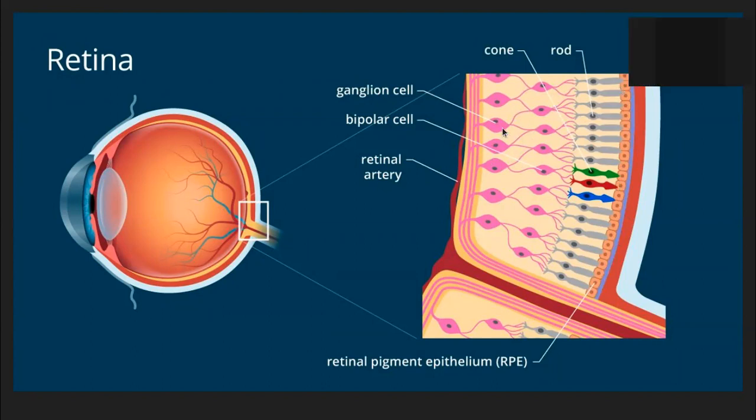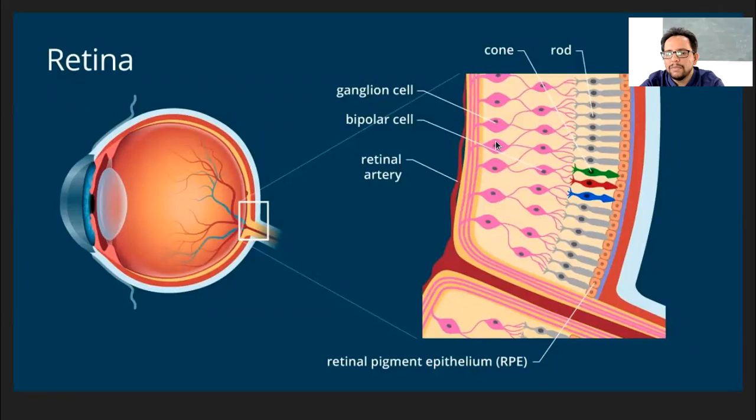So ganglion is that cluster of the cell bodies of all the neurons. That is where the nucleus of a neuron or nerve cell lies. That's what is called ganglion. And that ganglion is connected through a network into the final optic nerve. And then, of course, they have shown a retinal artery which will supply the blood to retina. These are called bipolar cells because they have two-way communication ability and so on. So there are these different types of cells present. And then there is something called retinal pigment epithelium.